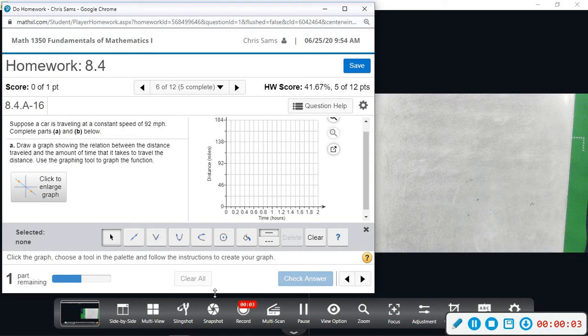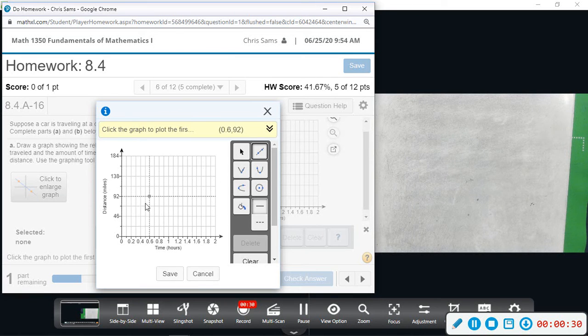Alright, number 6, we want to suppose a car is traveling at a constant speed of 92 miles per hour. We're going to complete parts A and B. So A wants us to draw a graph showing the relation between the distance traveled and the amount of time it takes the car to travel that distance. Okay, so if they're going 92 miles per hour,